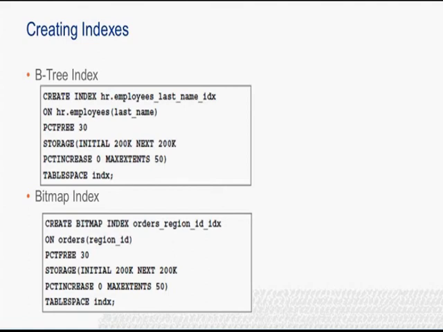The initialization parameter CREATE_BITMAP_AREA_SIZE determines the amount of space that will be used for storing bitmap segments in memory. The default value is 8 MB. A larger value may lead to faster index creation. If cardinality is very small, this value can be set to a small value. For example, if cardinality is only 2, then the value can be in the order of kilobytes rather than megabytes. As a general rule, for higher cardinality, more memory is needed for optimal performance.